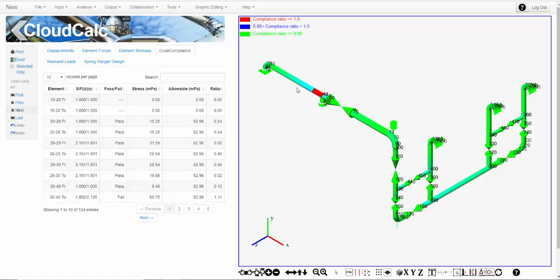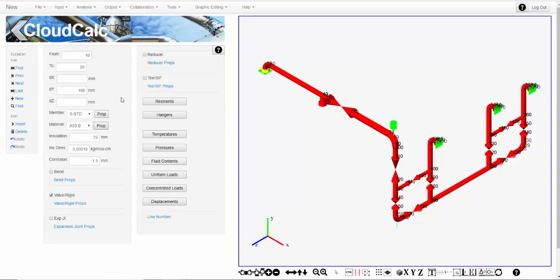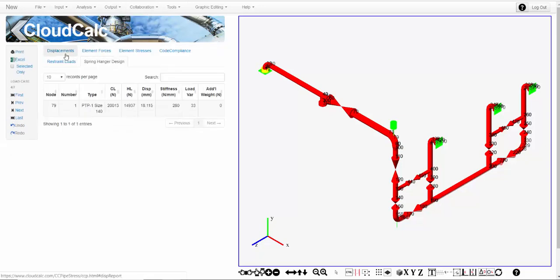For example, red is failure, blue, close, green, pass. Restraint loads, spring hanger design, it will go ahead and pick out your spring hanger from the catalog, etc. Dynamic analysis will do modal extraction and response spectrum, not quite there yet. Output and reports: if you're on another screen or on the modeling screen, you want to go back to those results, click here. It brings your output